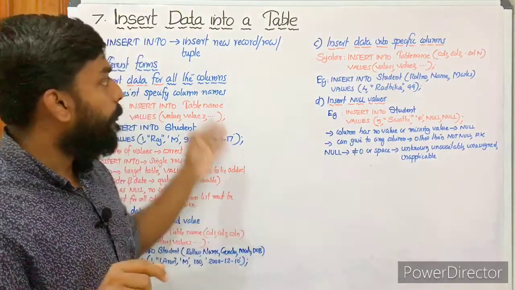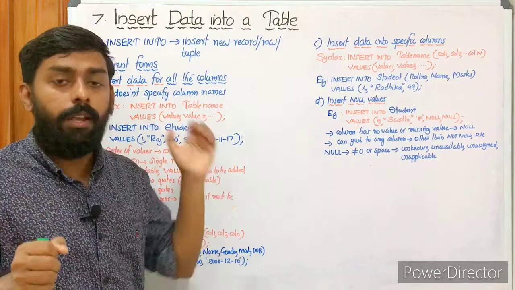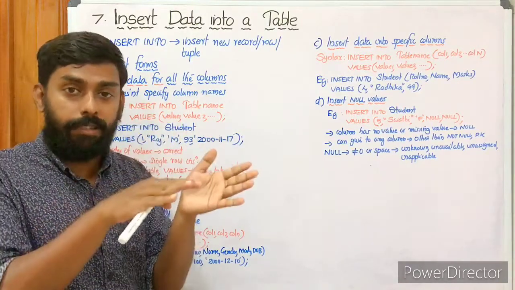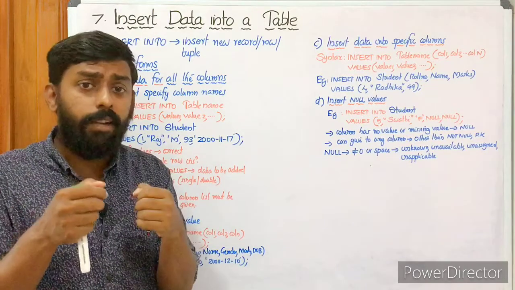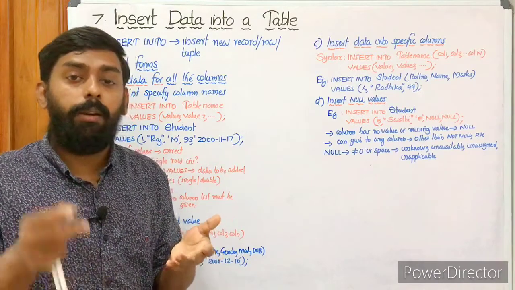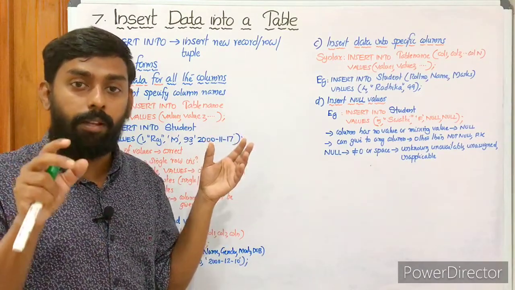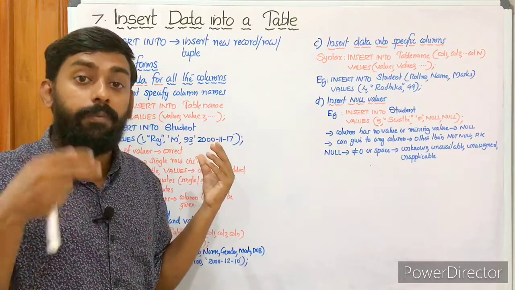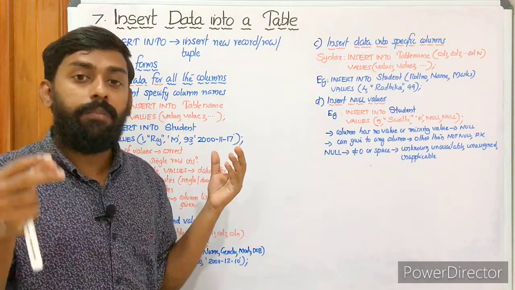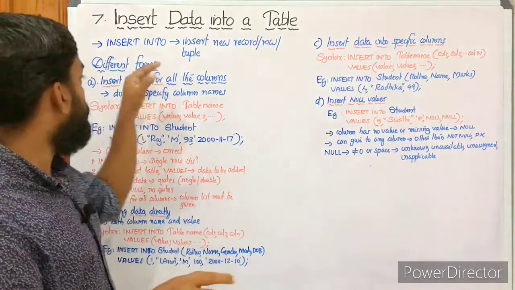So these are the different ways of applying the insert into command. Let's have a quick revision. The insert into command can be applied just after creating a table. Before creating a table, we must have an existing database, right? The insert into table command can be used for inserting data values into a table. We have 4 different ways to apply it. One is insert into without specifying the columns. Second, insert into specifying all the columns. Third, insert into specifying some of the columns, not all. Last, setting to null. We have seen examples.